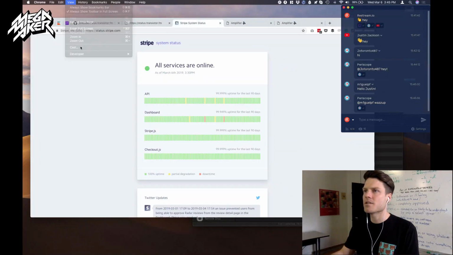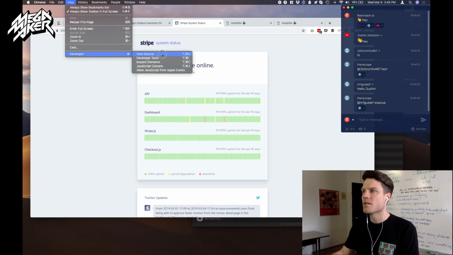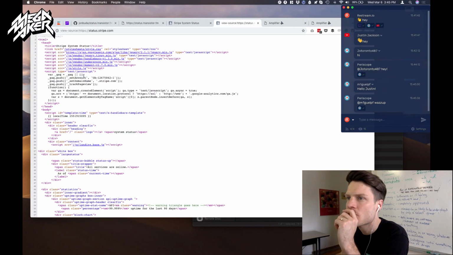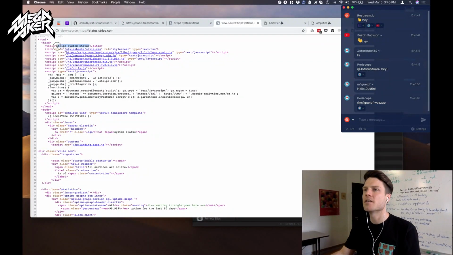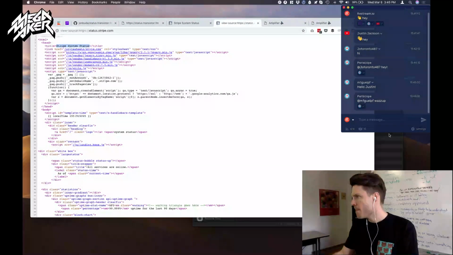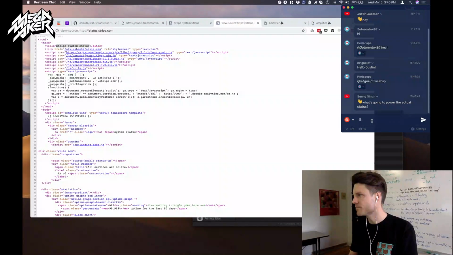Let's actually see what kind of description do they use here. Maybe I'll just copy that exactly there. By the way, if you have any ideas on what are some examples of good status pages,